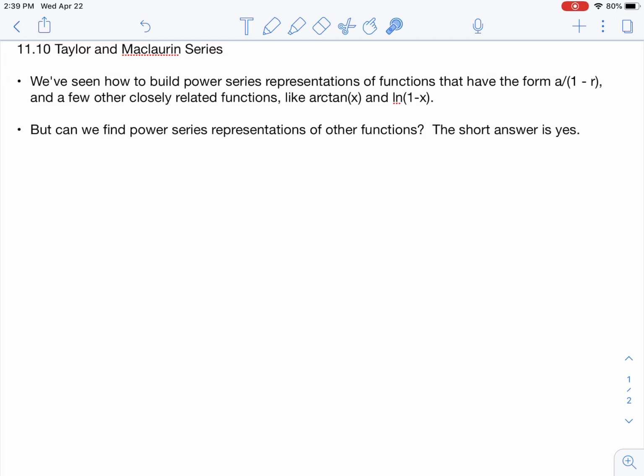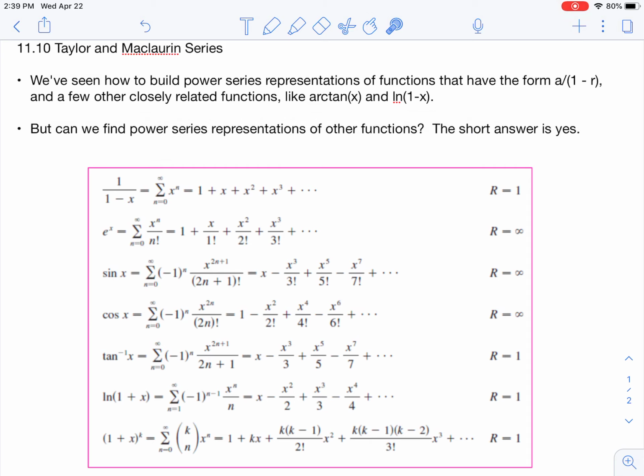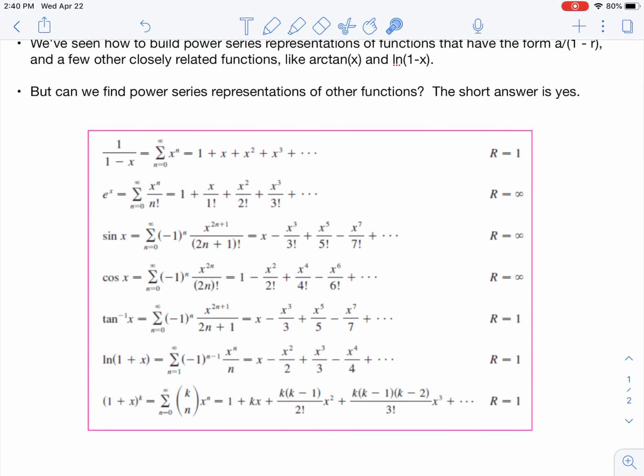So a good question is, can we find power series representations of other functions? And the short answer is yes. This is a chart of Maclaurin series. It's in the textbook on page 762, and this is the series representation of a bunch of different functions. Now this first one here is what we've already been doing. 1 over 1 minus x has the form we were talking about before, and so your first term is 1,